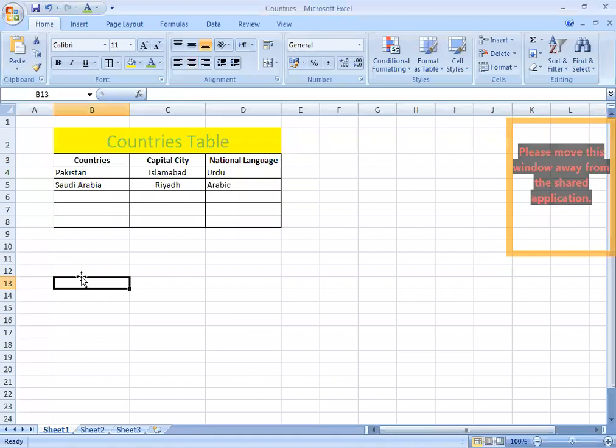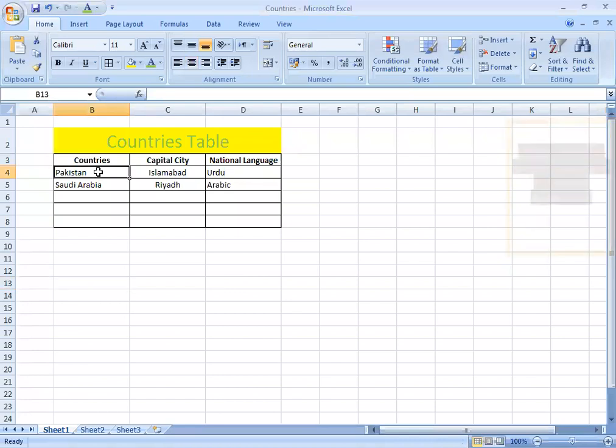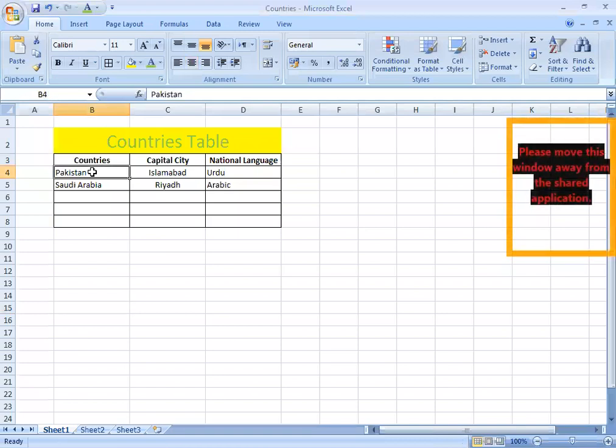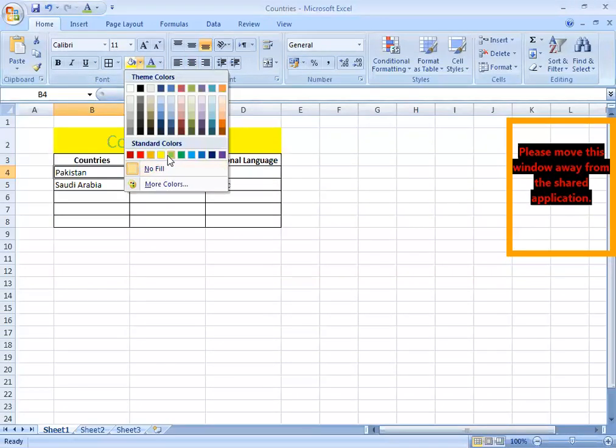For example, if I am on this cell B13 and I want to make Pakistan green, I cannot do it. First, I will go to the cell where Pakistan is typed, and then I can apply different formatting. For example, if I want to make the cell green, I can select it like this, green. Fine.